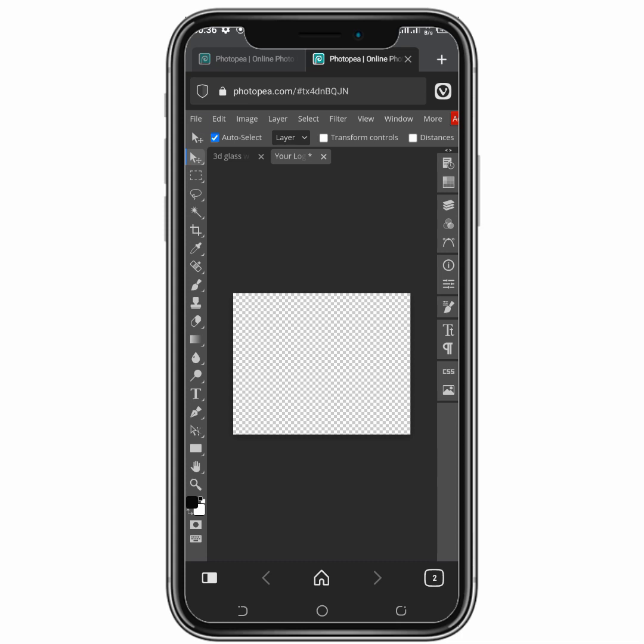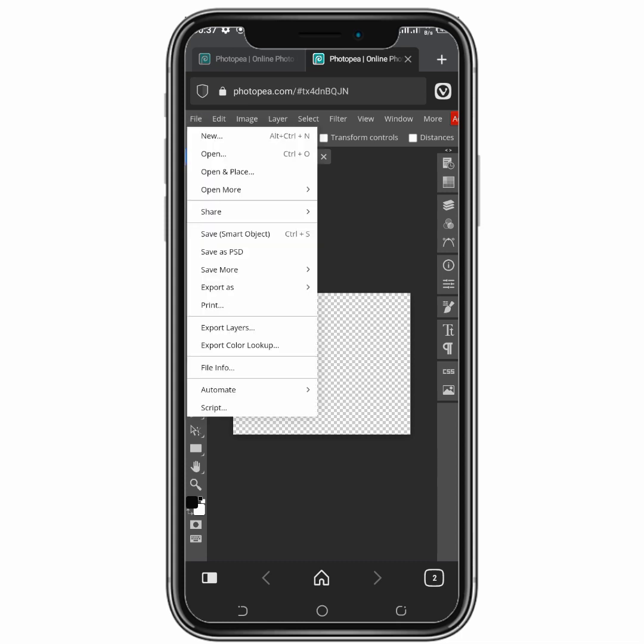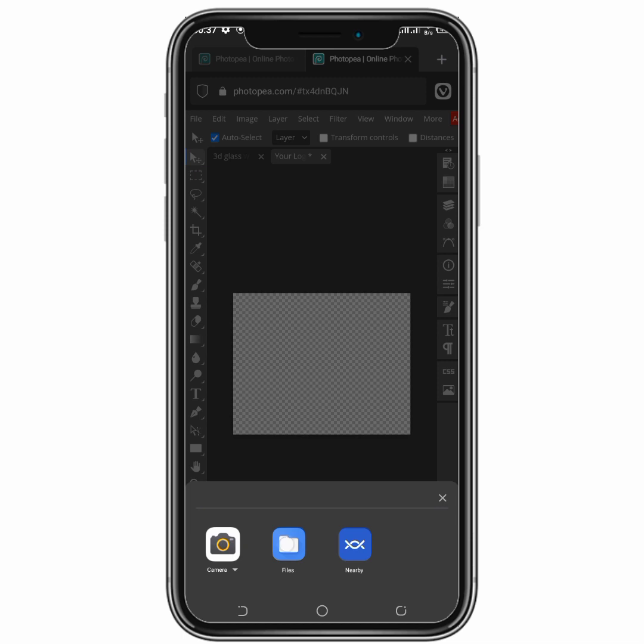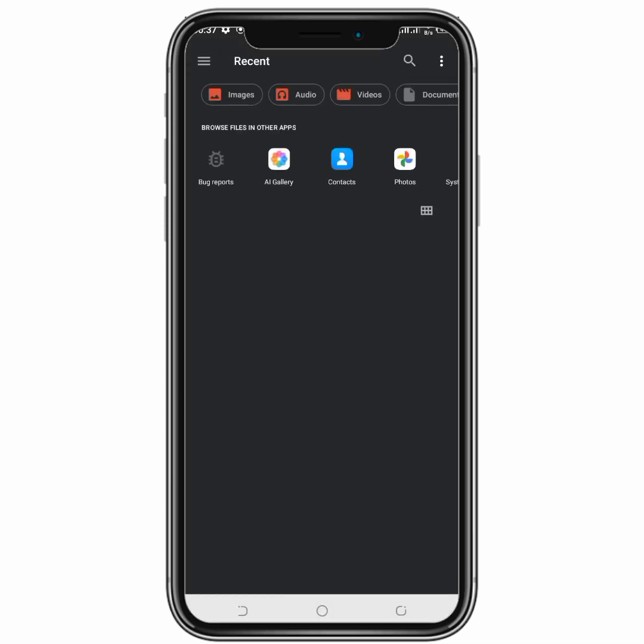So you click on file here, on the left hand side. We'll be having this new pop-up menu: new, open and place, and so on like that. So you click on open and place to import your own logo. So you locate your own logo from your